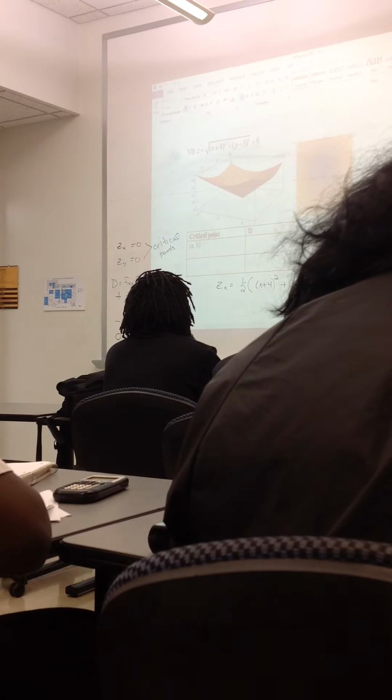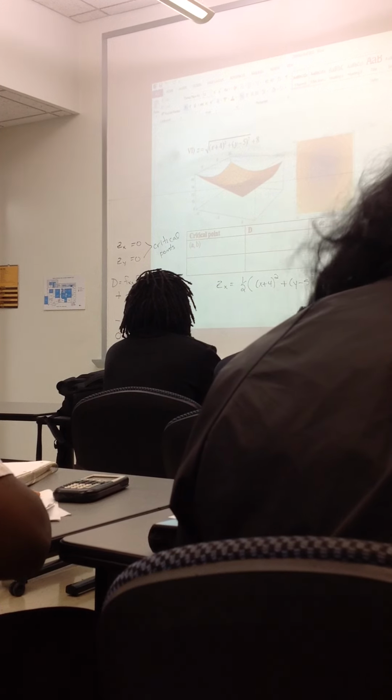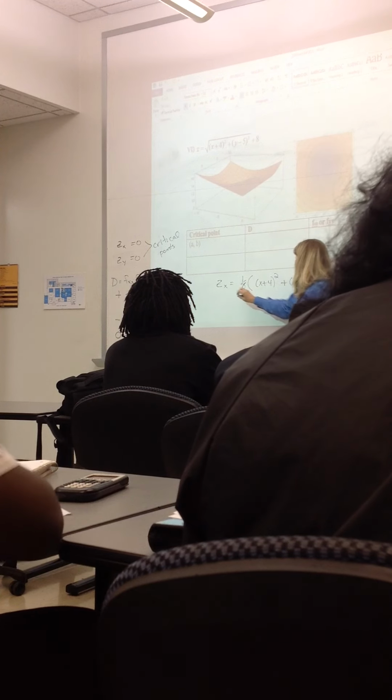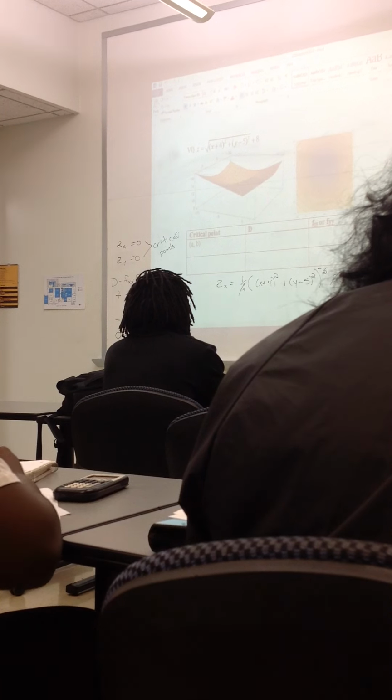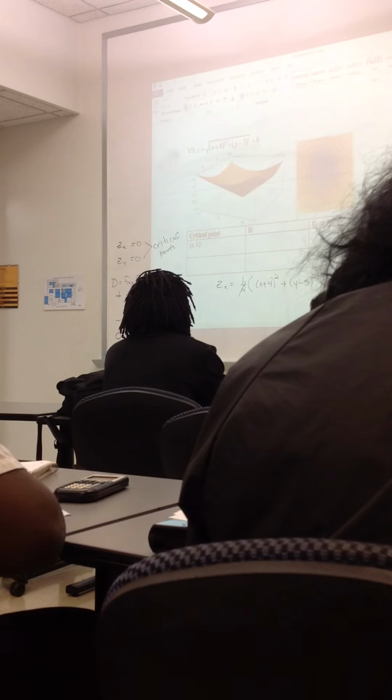Because this has no x's in it, its derivative is 0, and the 8, its derivative will be 0. So cleaning this up a little bit, I get x plus 4 over the square root of